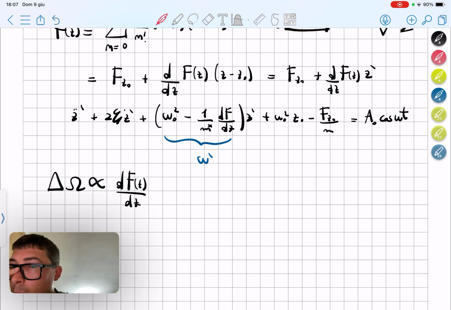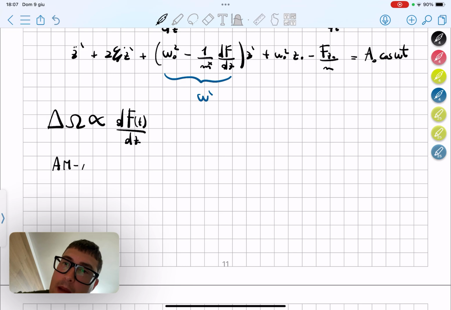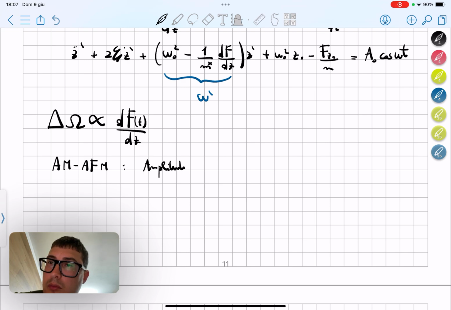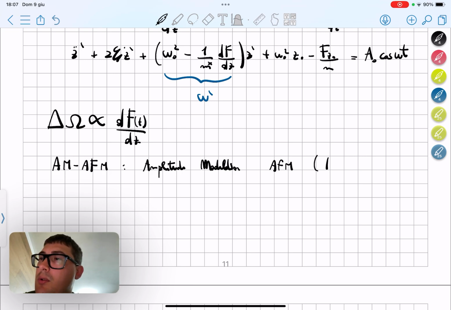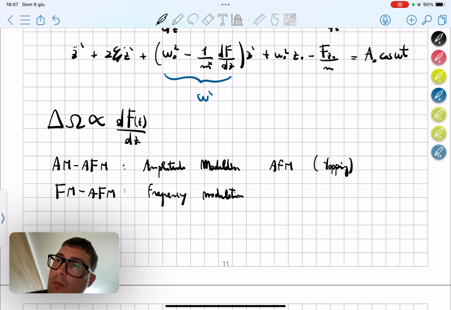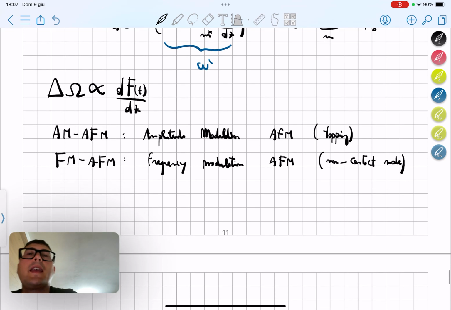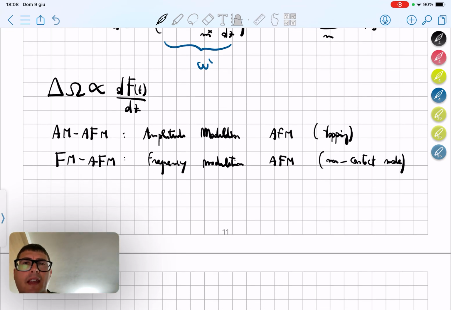And because of this, we can introduce the two dynamical modes: AFM, which stands for amplitude modulation, sometimes called tapping, and AFM, which stands for frequency modulation, or non-contact mode. If we start with the amplitude modulation,